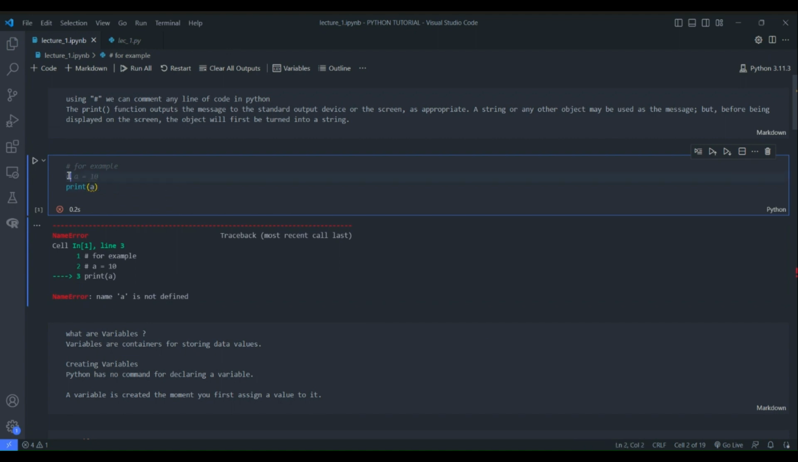Now talking about the print function, it outputs the message to the standard output device or the screen. A string or any other object may be used as the message, but before being displayed on the screen, the object will first be turned into a string. So if I'm printing a as an integer, the value inside a will be converted into a string before it is displayed, and then that object will be displayed on the screen. For example, if I